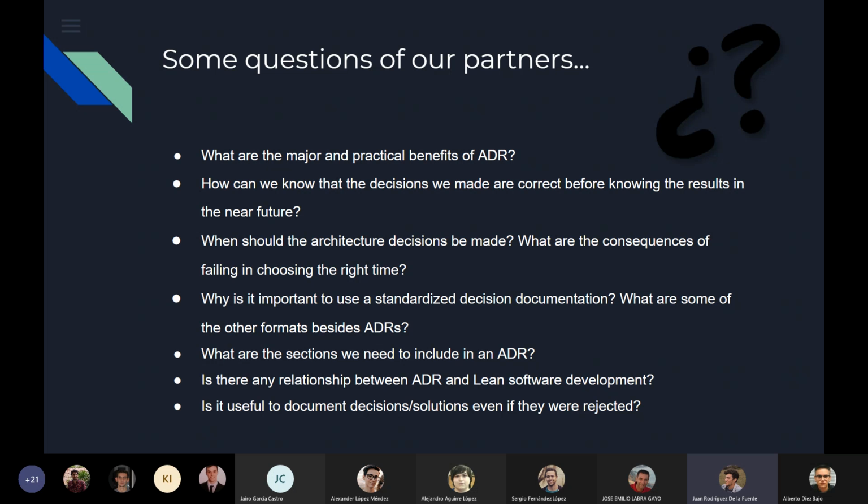The next one is what are the sections we need to include in an ADR? Okay, so the first section is the decision identification. We can ask ourselves how urgent and how important is the architectural decision. The second one is decision making. There are a lot of decision making techniques, from general ones to architecture specific ones, such as, for example, dialogue mapping. The third one is the decision enactment and enforcement,